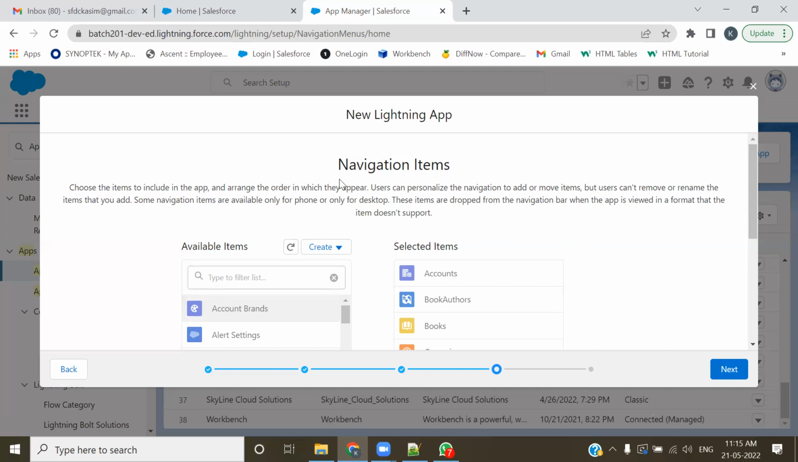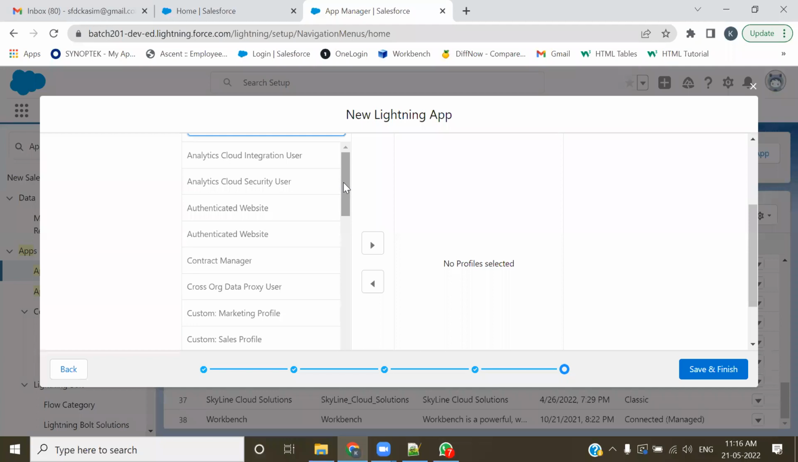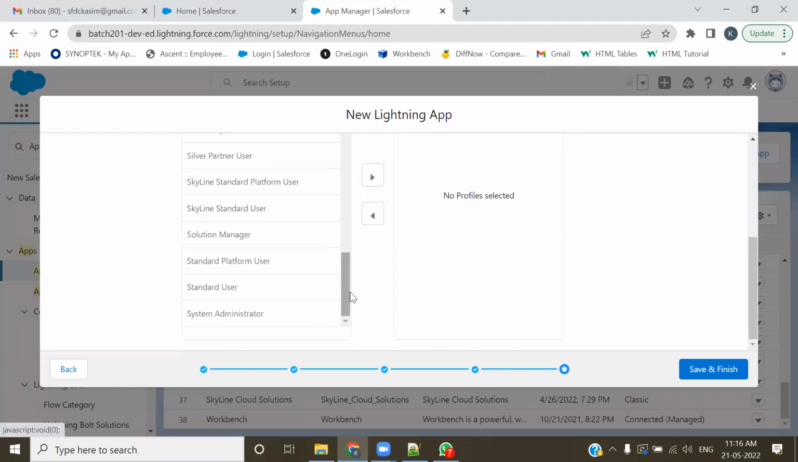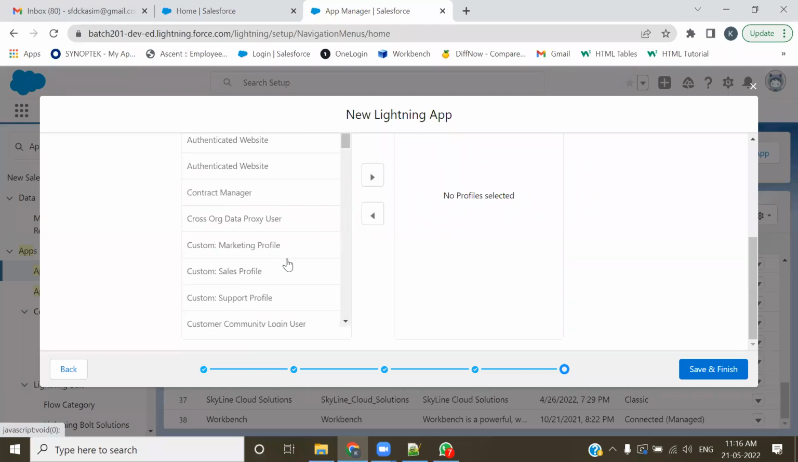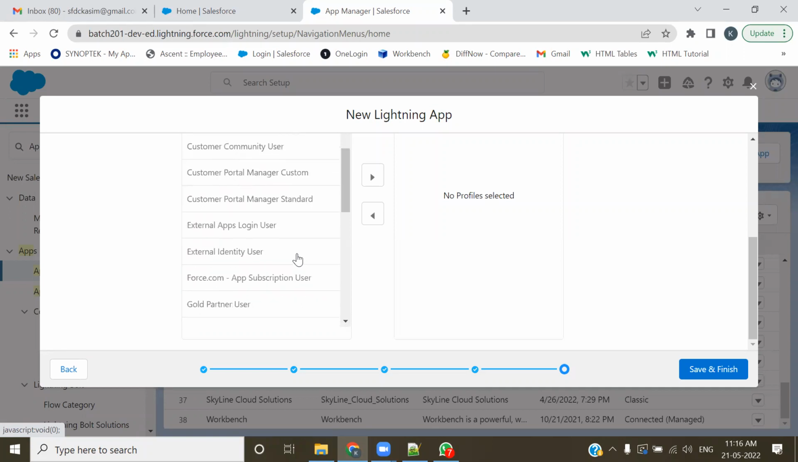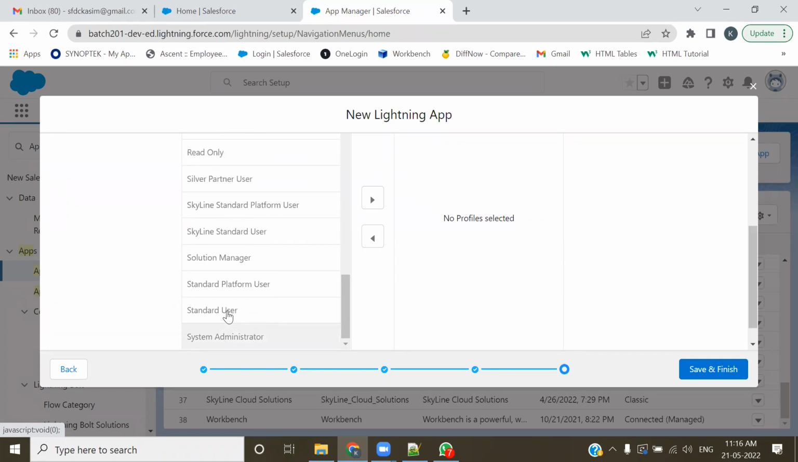So this is what actually is meant by the navigation item. I mean adding the tabs, nothing else. So this application, you want to select it for any profile, any of the custom profiles. If you wanted this application to be precisely used by a user having a particular profile, that can also be done. For example, I'll make this available for the system administrator, standard user, and I have a few of the custom profiles